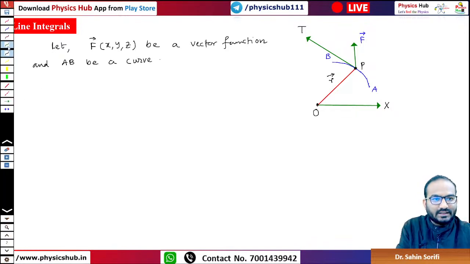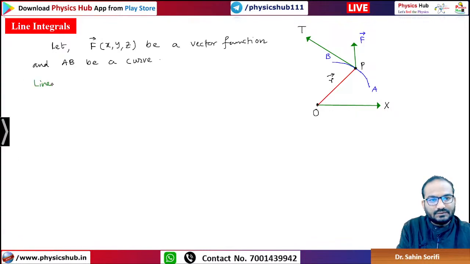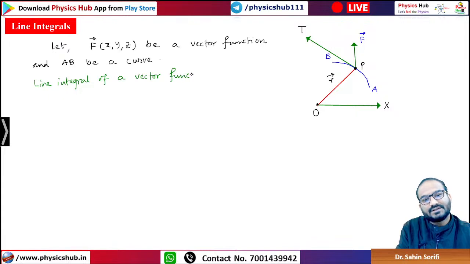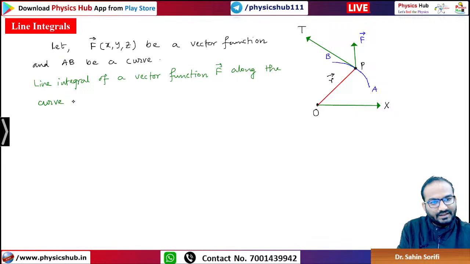Now how to define the line integral? As I told you, this is the basic definition. This is the line integral of a vector function f along the curve. It must be defined on some curve. For the general purpose, we have taken a curve. It may be a straight line also. Line integral of a vector function f along the curve AB is